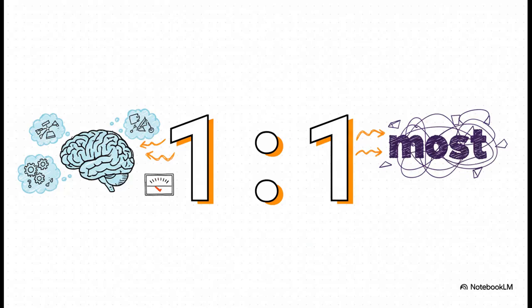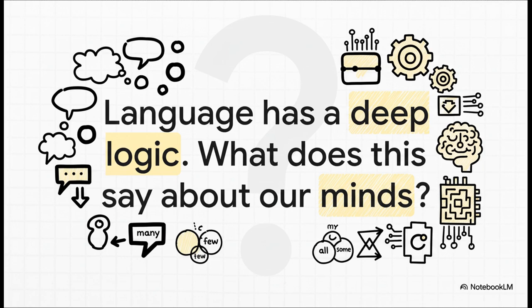And this leads to a fascinating new frontier: cognitive load. Researchers are now actually studying how much brain power, how much of our working memory it takes to process different quantifiers. And what they're finding is a direct link between the logical complexity of a word like most and the real, measurable mental effort it takes us to understand it. Which brings us to the final big thought. We started with these simple little words, most and few, and we ended up talking about universal rules of language and the cognitive load on our brains. So, if our everyday, seemingly messy language is built on such a deep, elegant, logical foundation, what does that tell us about the fundamental structure of human thought itself?